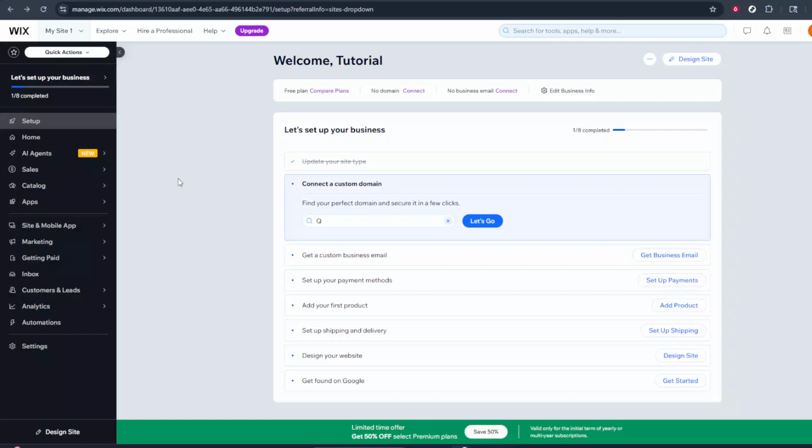In today's video, I'm going to teach you how to find your API key in WIX. We'll walk through this process step by step so you can easily generate an API key and use it to connect WIX with other tools or services. Make sure you're already logged into your WIX account before you start so everything looks familiar and you don't get